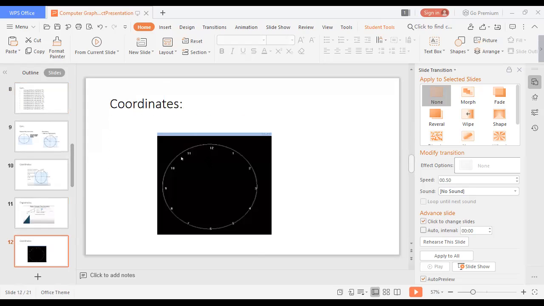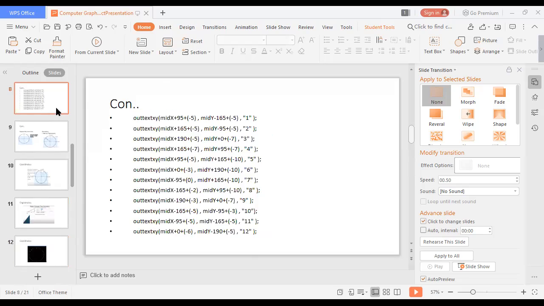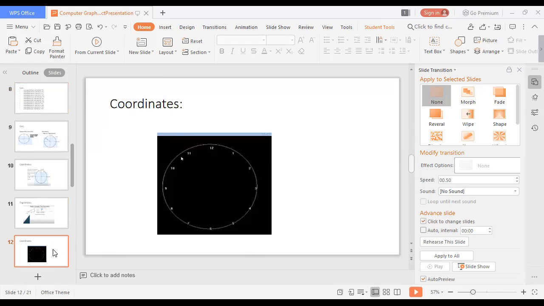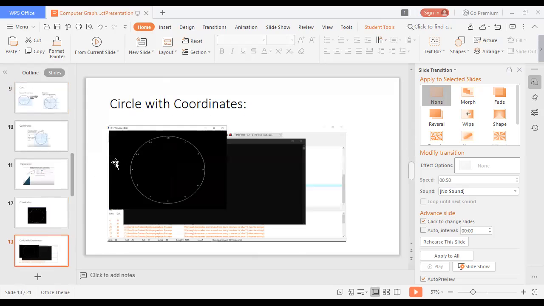Then when we got this output and we had to correct it, we see that there is some height and width of the character itself. So what we do, we just minus 5 somewhere, somewhere we minus 7, somewhere we plus 0, which means nothing, we minus 10, and some kind of calculation by using common sense. Then we got this output, and you can see it is a correct, perfect circle.